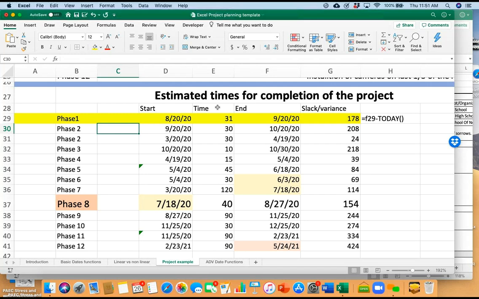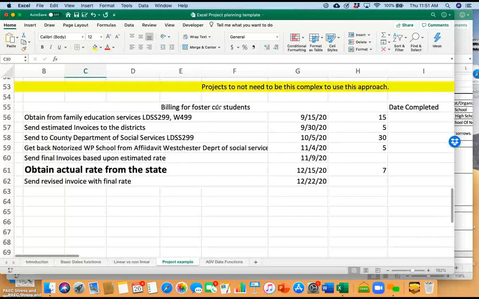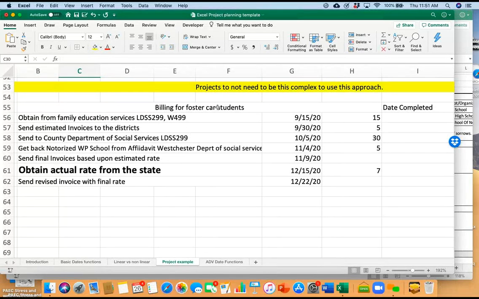Now, you may be tempted in looking at this to say, this is kind of more complicated than a lot of the stuff I normally do. And I'll grant you that. But you can apply this to even some of the most simple things. So I'm in the process, just before, again, the world came to an end, I was working with the district on trying to estimate and do better planning on how we handle a lot of their billing processes, particularly, and this may not apply to people out of state, it's a New York thing, but there's always,